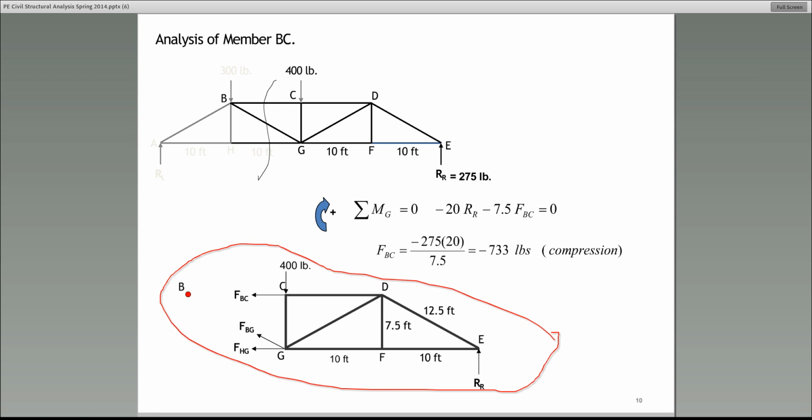First of all, the members that you cut, you can't just go through life cutting truss members and just leave them hanging. Whenever you cut a member, the internal force in that member becomes exposed, as I told you before. So I cut BC, I'm showing the force in BC. All right? Which other ones did I cut? BG. Look at what I did. I'm showing the internal force in BG as such. And then also HG, there it is. All right? Now,